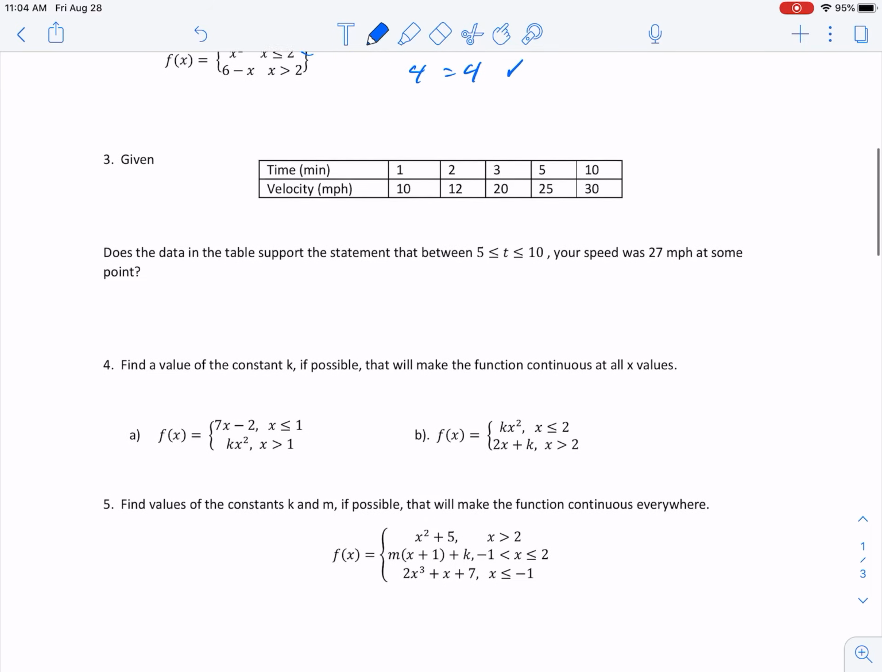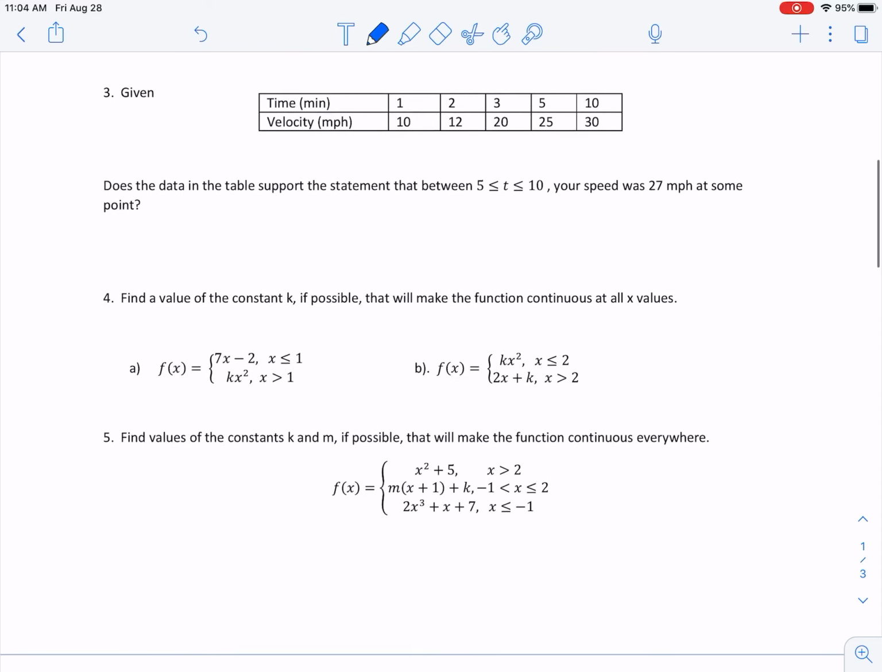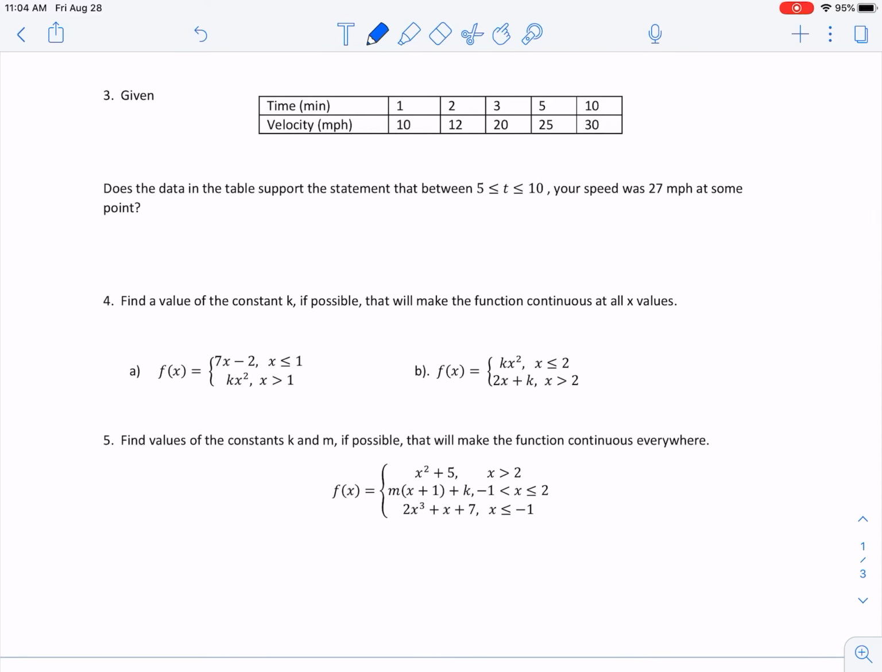All right. Number 3, does the data in the table support the statement that between 5 and 10, your speed was 27 miles per hour at some point? Well, first, this is continuous. So, IVT applies. And since 25 is less than 27, which is less than 30,